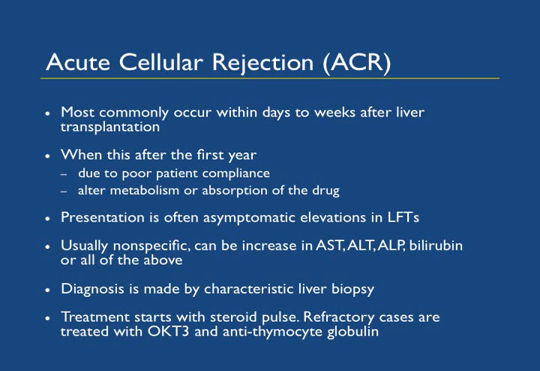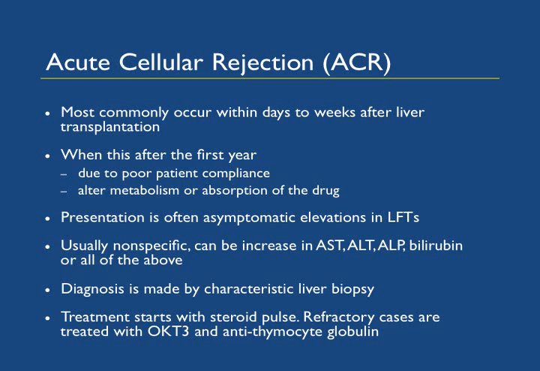The pattern of increase in liver enzymes that occurs in rejection is very nonspecific. The characterization of whether something is cholestatic or hepatitic is unfortunately not very useful post-liver transplant, as both acute rejection and biliary strictures can present with any pattern of liver enzyme elevation. The diagnosis of rejection requires a liver biopsy, which has characteristic findings. Treatment starts with IV steroid pulses, which usually solves the problem, but occasionally refractory cases occur requiring treatment with OKT3